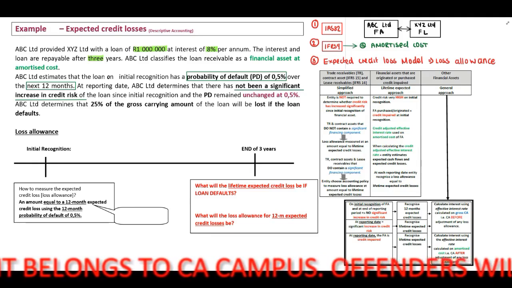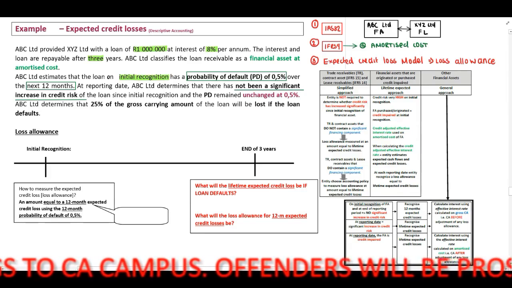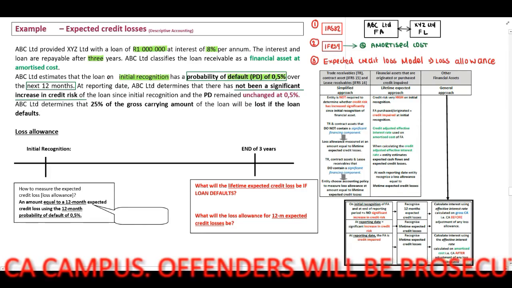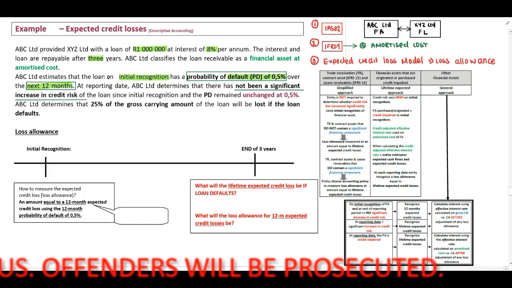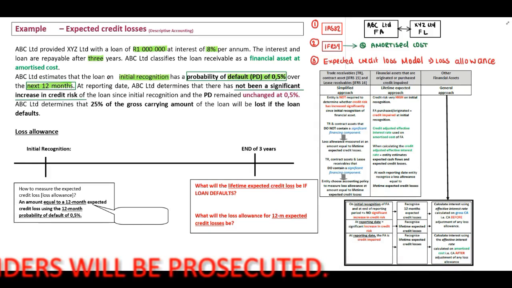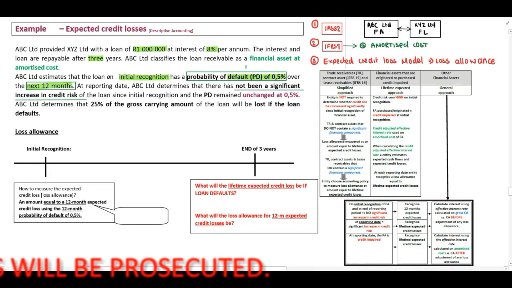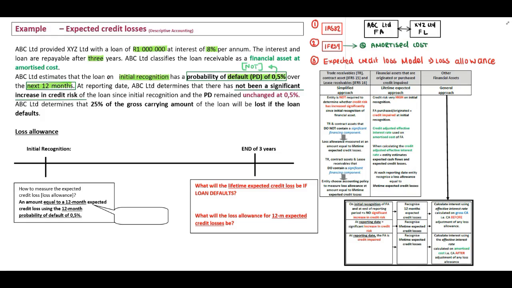ABC Limited classifies the loan as a financial asset at amortized cost. ABC Limited estimates that the loan on initial recognition has a probability of default of 0.5% over the next 12 months. Now, what does this mean? There's a probability that XYZ Limited will not be able to repay the loan, and this probability is 0.5%. Therefore, there is the probability that they will repay the loan of